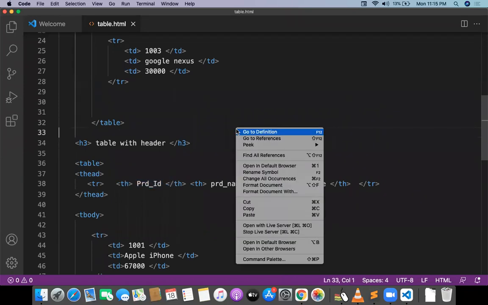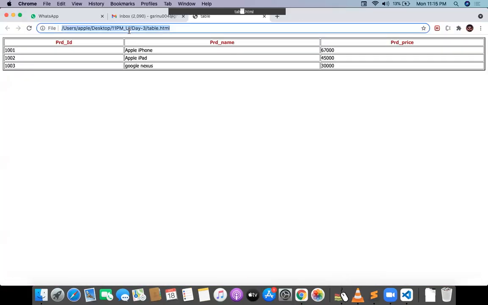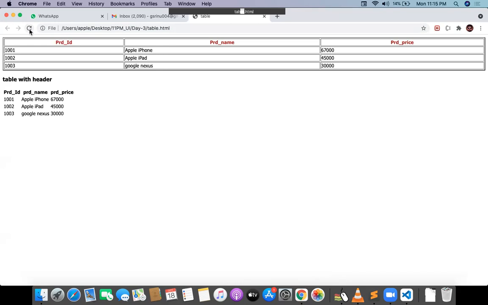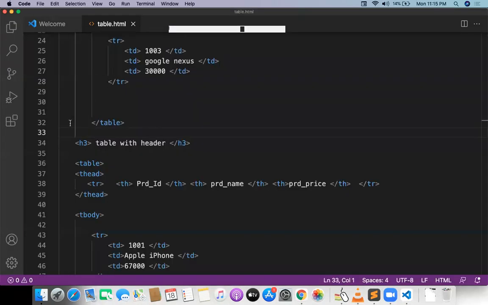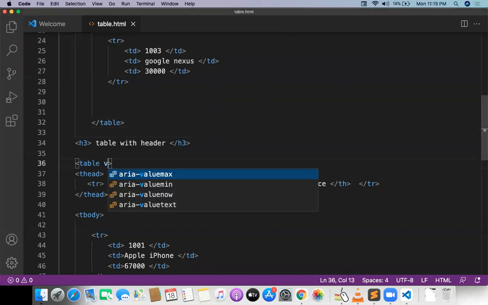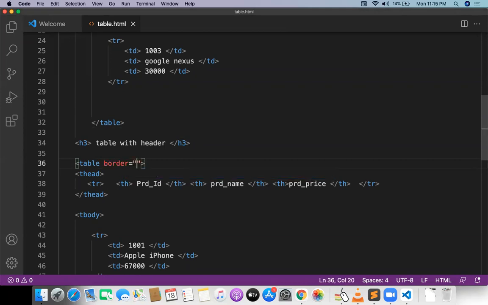Finally, the output of the second table is completely different, guys. You just see that and watch it. The second table is different, but I don't have the basic properties like a border property. The border for the table should be something like 2, and the width of the table should be 100%. I want to take 100% of the body.